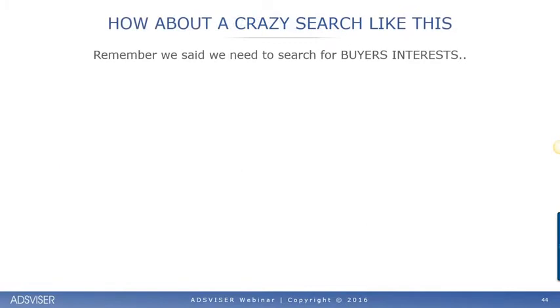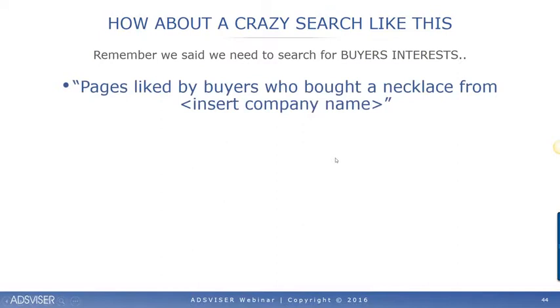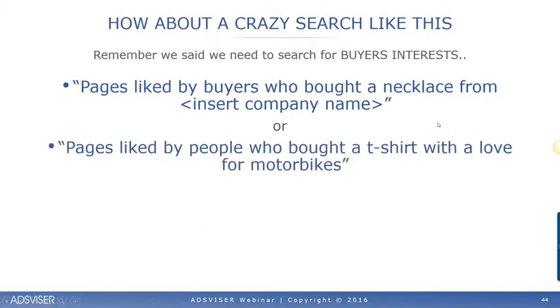Remember we said we need to search for buyers' interests. Let's see if we can get really, really complicated and ask Uncle Facebook to find something related to buyers. So in graph search, we enter pages liked by buyers who bought a necklace from insert company name, let's say Tiffany's, or